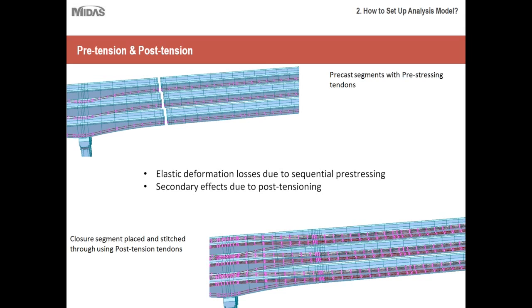Then this is a screenshot from the previous example that I showed you. We have precast girders where the prestressing strands have undergone some sort of losses. Then we place the splice member or the pour, and then we do the post-tensioning through it. So the entire system changes from a simply supported system to a continuous